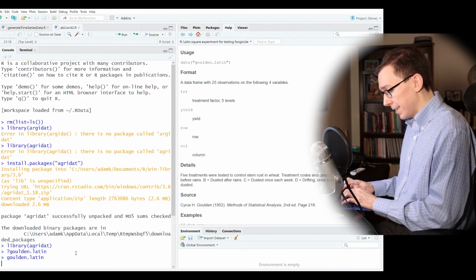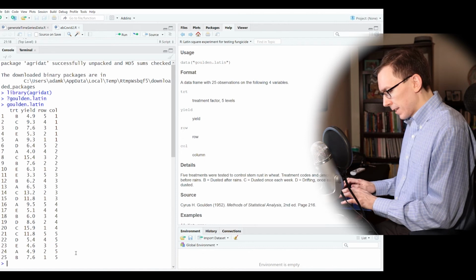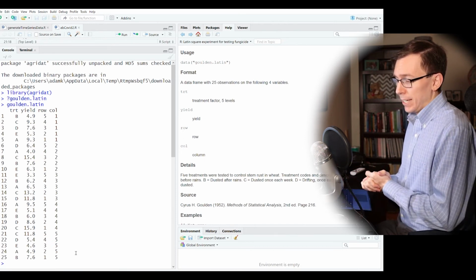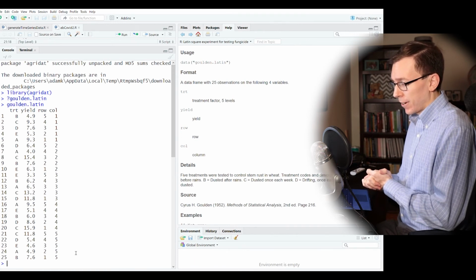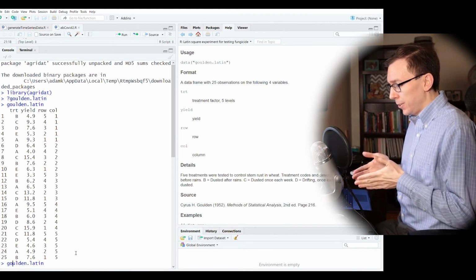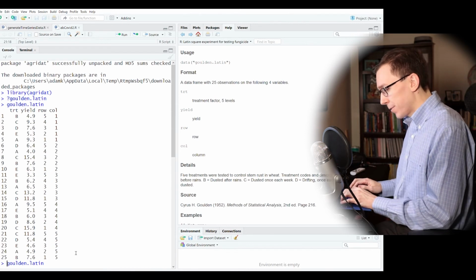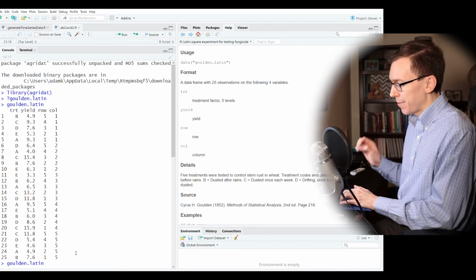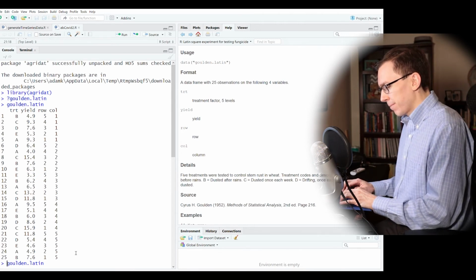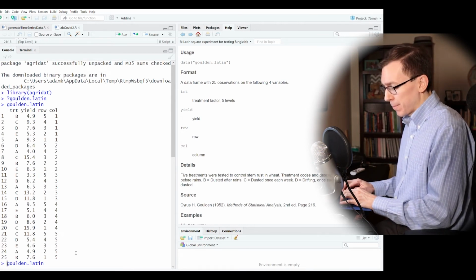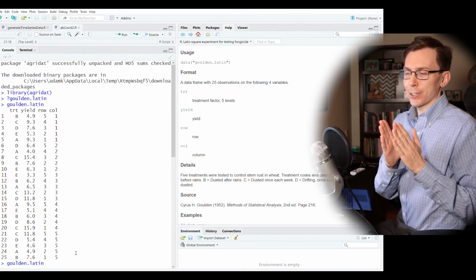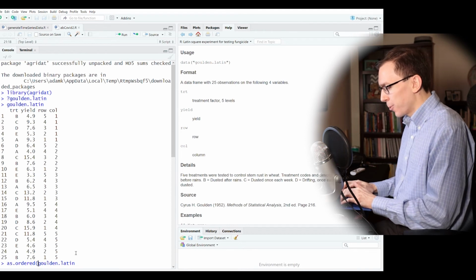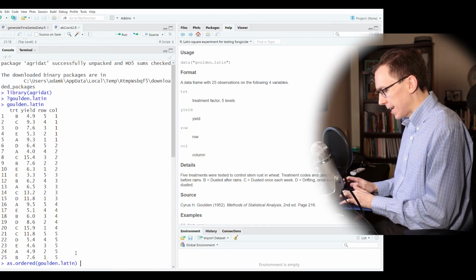So if we look at the data, we have golden.Latin, and it's going to look like this. So in R, what we have here is our treatment factor, our yield, our row, and our column. Now, the first thing we need to do is to make sure that R knows that the row and the column are in fact categorical random variables. In this case, because they correspond to rows ordered one after the next, we can treat them as ordinal random variables. So I'm going to say as.ordered,